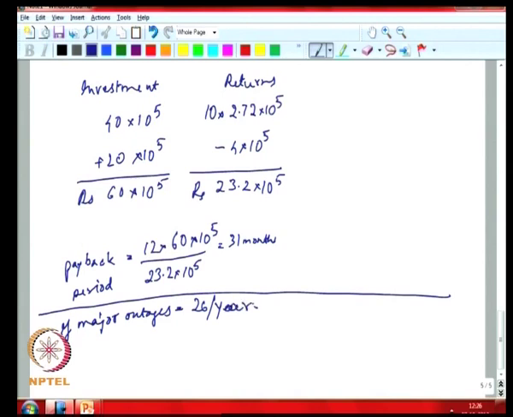And because there are more outages, your O&M cost has gone up to, instead of 4 lakhs, it has gone to 8 lakhs. Then if you look at what your new returns would be, 26 into